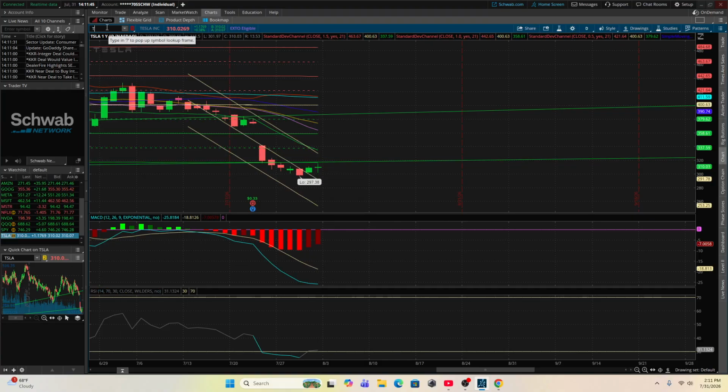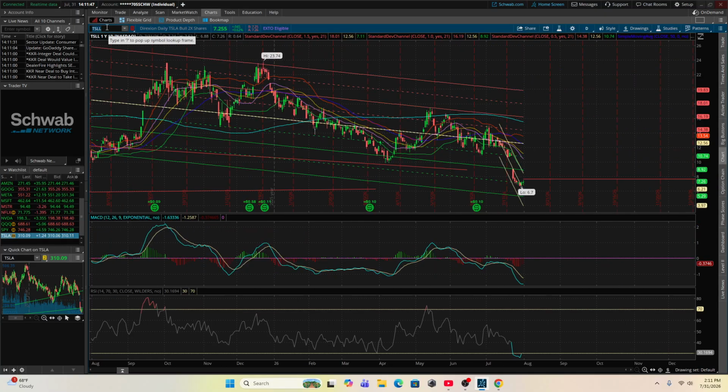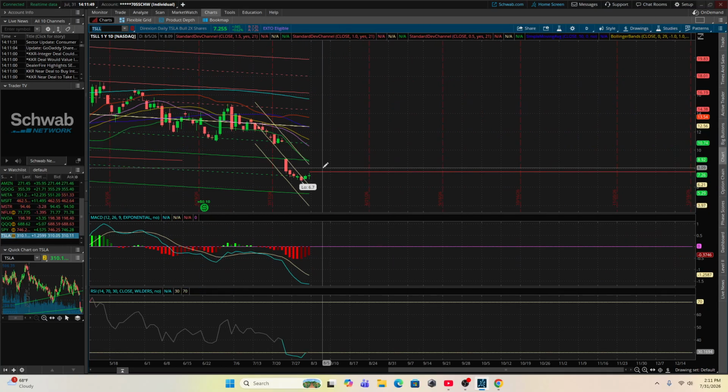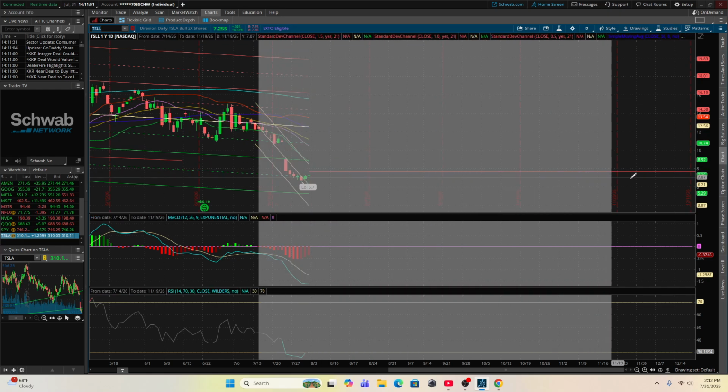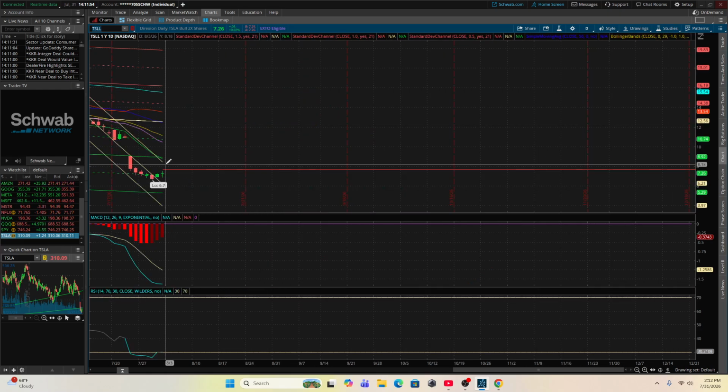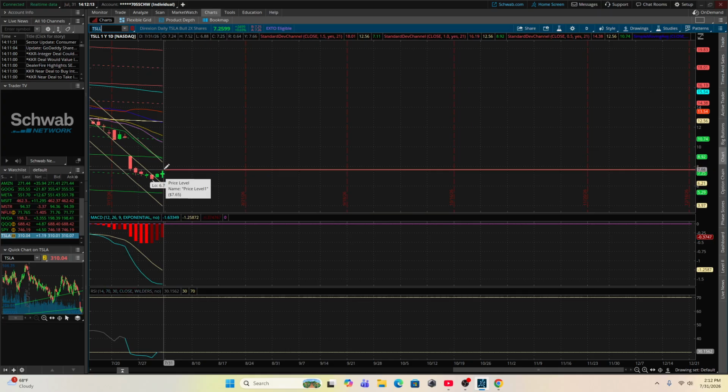So I'm just translating it over to the TSLL side. That is the target that I would like to get above. I want price to find some kind of stability, even if it stays low. If the price stays beat up for some time, that's okay, because it gives us more Fridays to buy it. But I want to see that at something north of Tesla 320 and then find stability across. That Tesla 320 is going to translate to like Tesla or TSLL